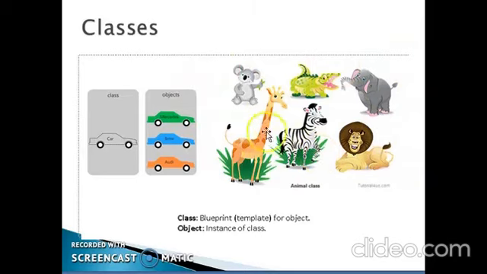Each of the animals that you find in the zoo is nothing but an object of class animal. Okay, so a class is a template for an object and an object is the instance of the class.